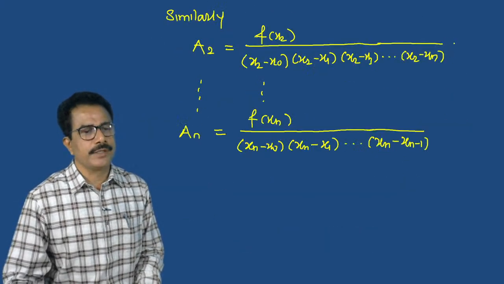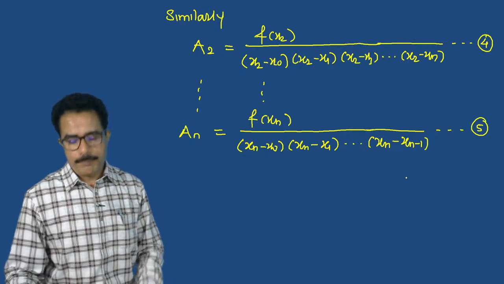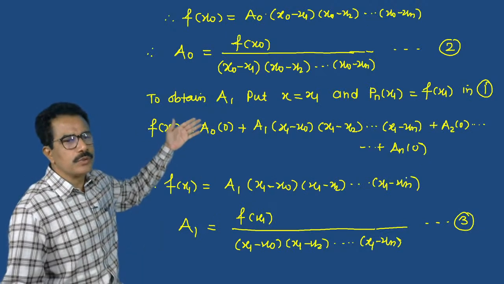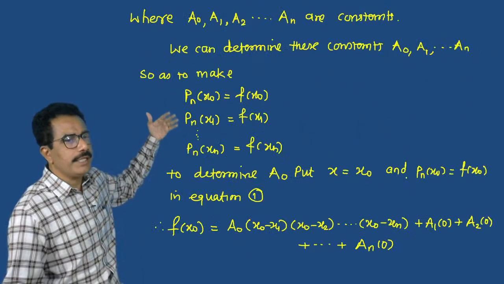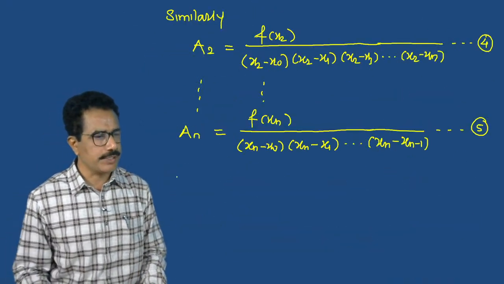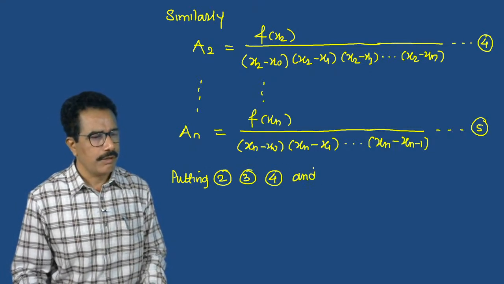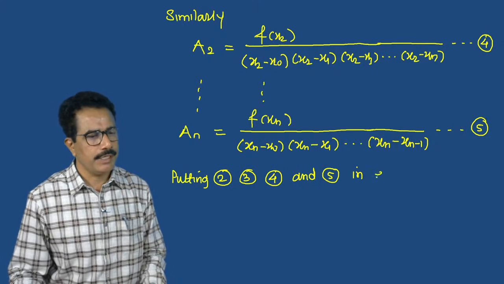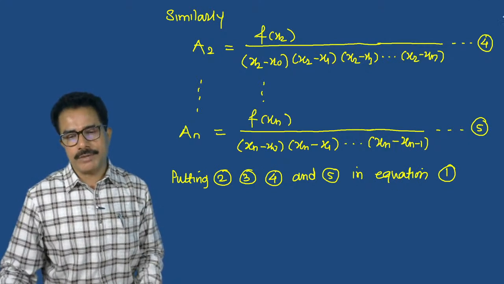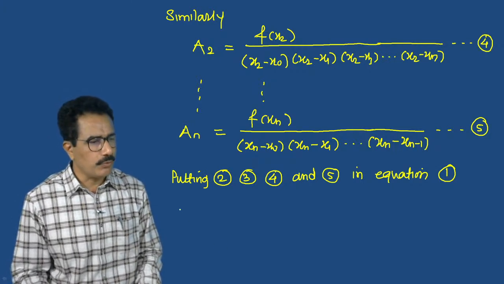So this is a 4, this is a 5. So putting 2, 3, 4, 5 in equation 1. मग आता या सर्वच व्हॅल्यू इक्वेशन 1 मध्ये ठेवल्यामुळं आपलं pn of x कसा येतो पहा, then we get,